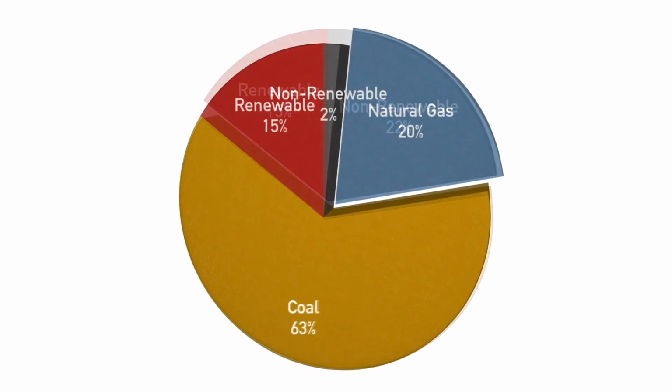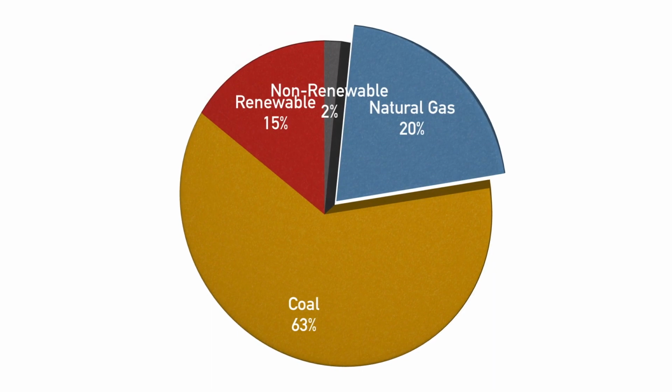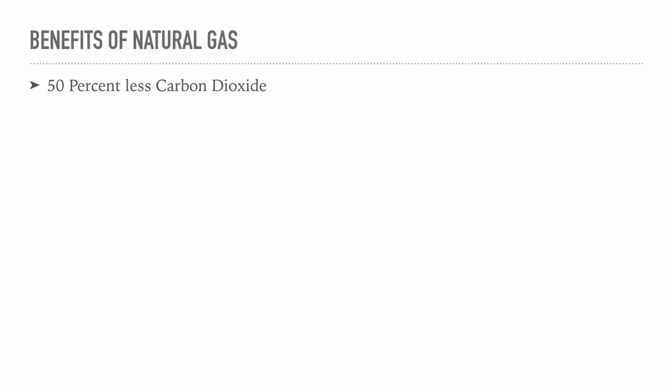About 20% of our electricity needs were met using natural gas. It generates electricity in a few ways. One is by generating steam. This steam turns a turbine, which generates power. Another is by running a combustion engine, which also turns a turbine. Gas is a lot cleaner than coal, emitting at least 50% less carbon dioxide than a typical coal-fired power plant,